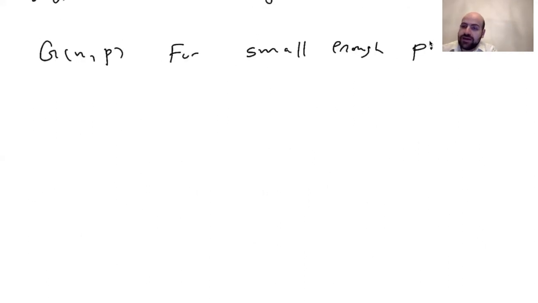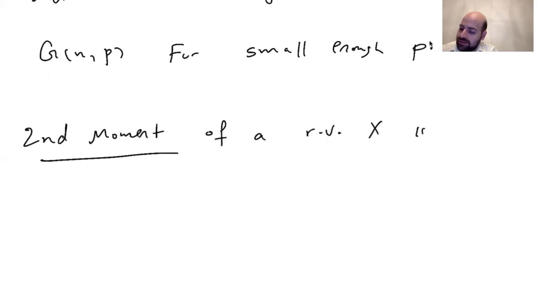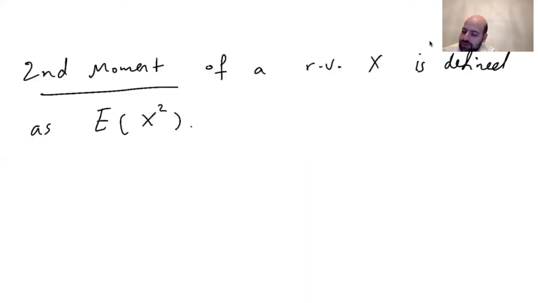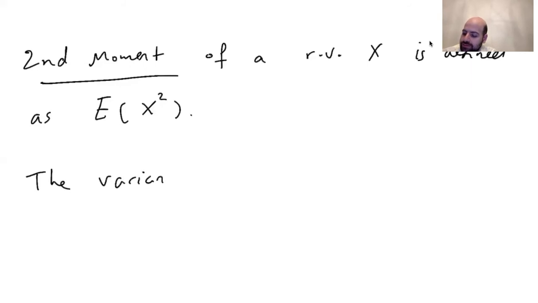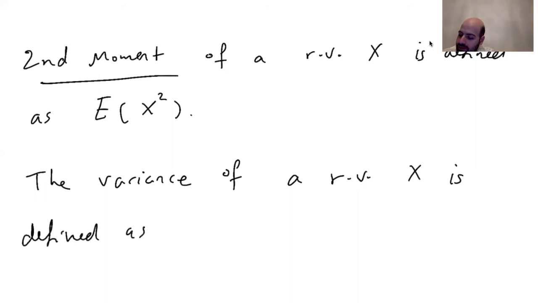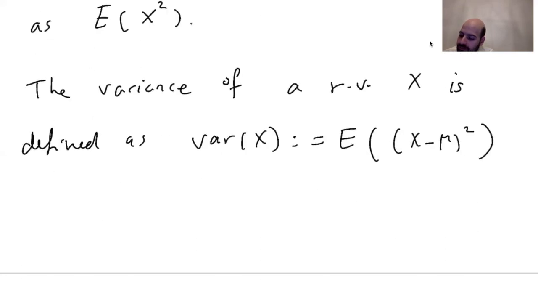Okay, so let's start with some preliminaries from probability theory. The second moment of a random variable X is defined as the expected value of X squared. The variance of a random variable X is defined as, the notation Var(X), the expected value of (X minus mu) squared, where mu is equal to the expected value of X,